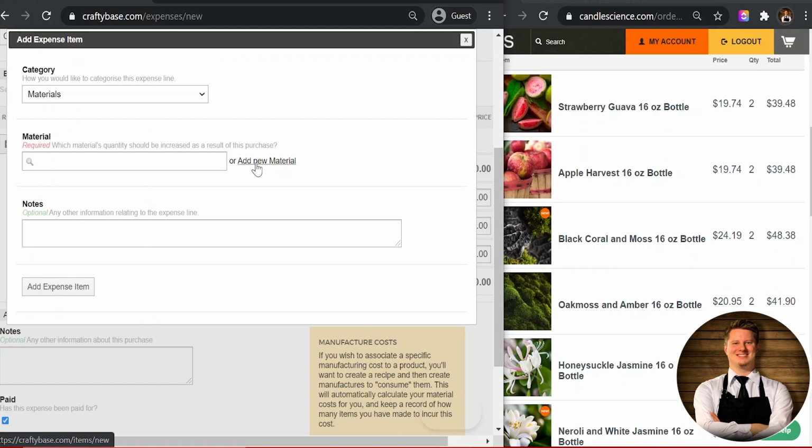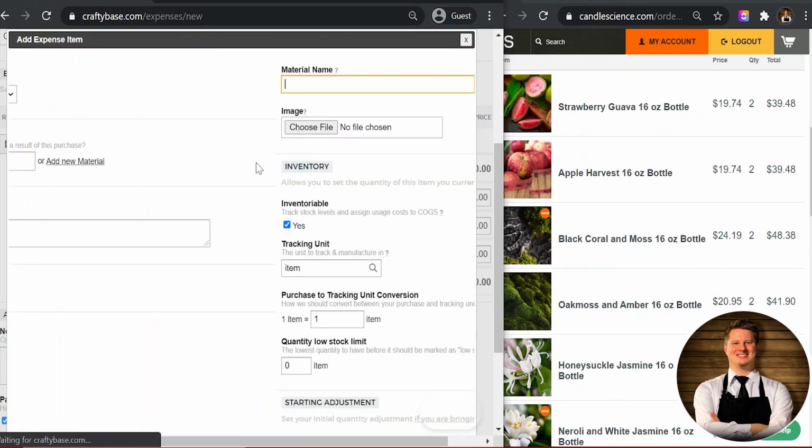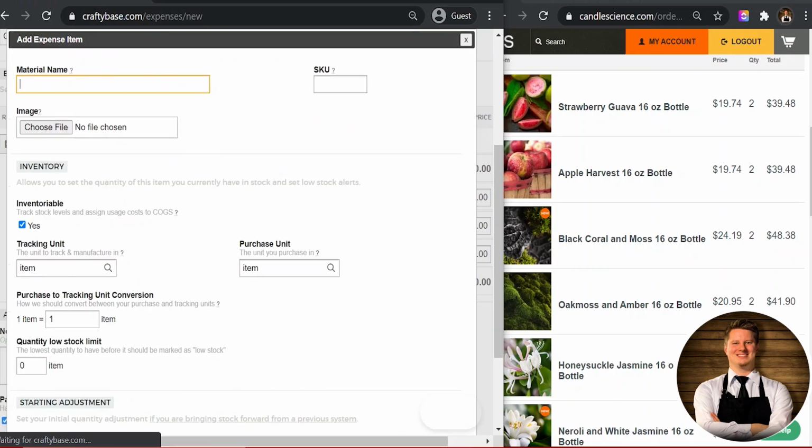Now what this does is the exact same thing as clicking on the Materials tab that I showed you earlier. The difference is we're only doing this as we need to when we're creating the expense. And to me, that workflow just makes much more sense. So we'll click on Add New Material, and we're going to call this, now your naming convention is entirely